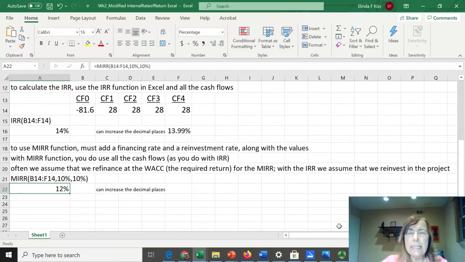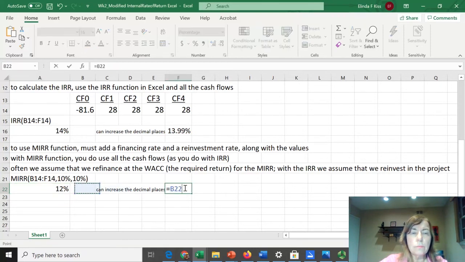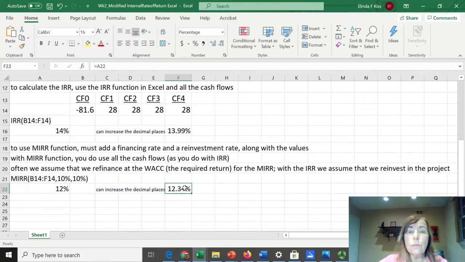The Excel default is 0 decimal places. If we want 2 decimal places, I will just copy the number here, then go to the top of the page and increase the decimals. So now my answer is 12.34%. In our example, the MIRR is less than the IRR, which was 14%, but larger than the opportunity cost